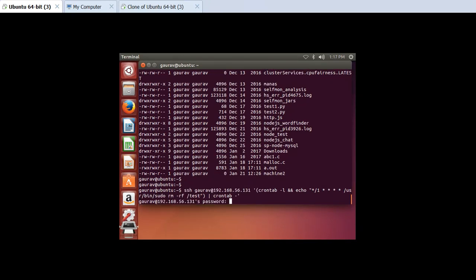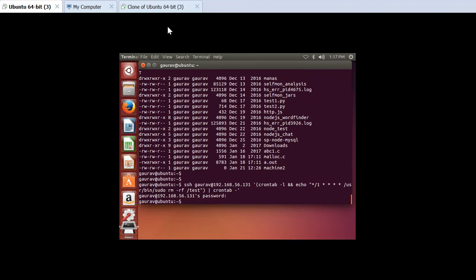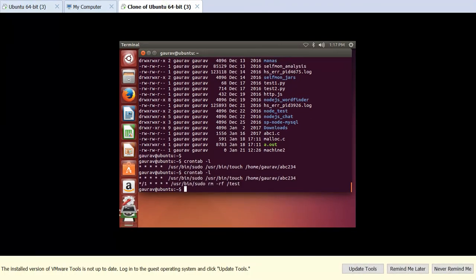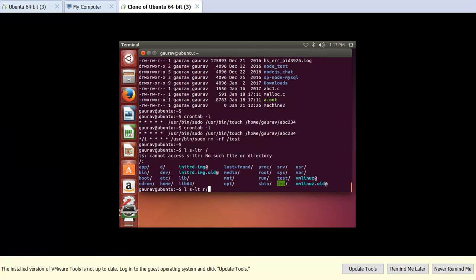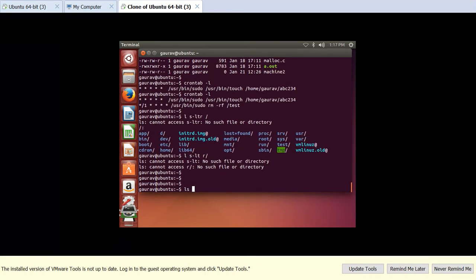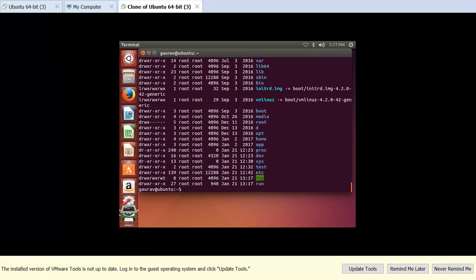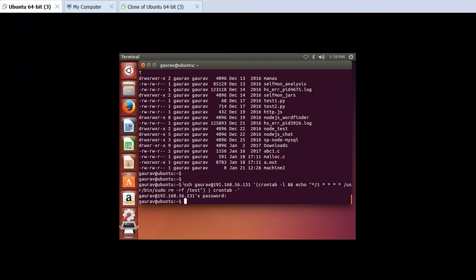So I'll execute this, it needs a password, and then here we can see one more command is installed in the crontab of the remote machine. So this will certainly remove this, sorry, so we can see here this directory will be removed from here, and by executing this command, the ssh command,